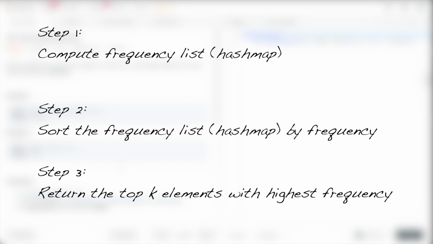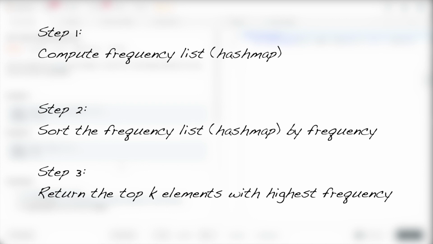To do so, what we need to do is to loop through every single element in the list, and then if you see an element that is not in the frequency list or the hash map, then you add it into the map and then set its frequency to 1. If you have seen an element that's already in the hash map, then you just simply add 1 to its